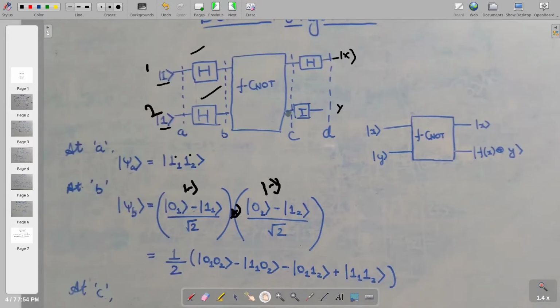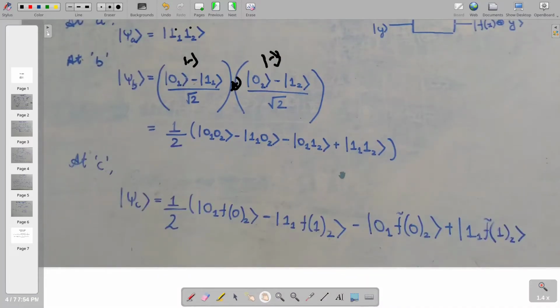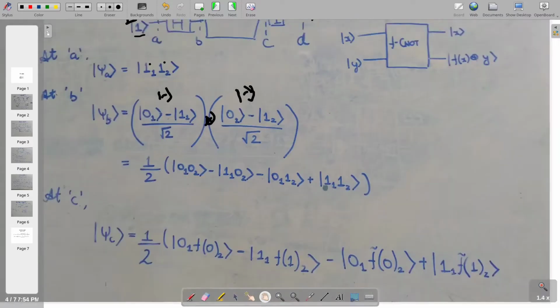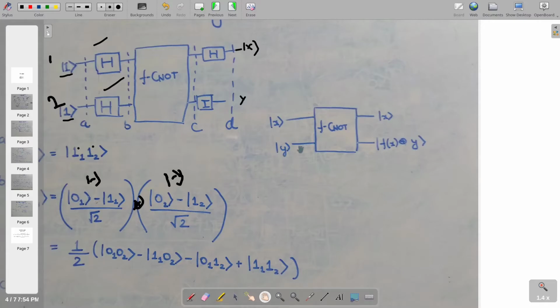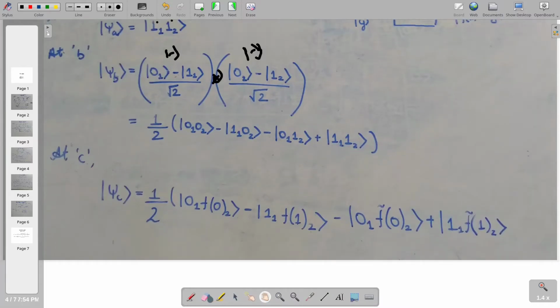Now we define the state at C, which is after the 2 qubit system, after being in superposition, has passed through the oracle. The oracle is nothing but a box which contains a circuit within it, the circuit which we drew in the previous slide. So you can see it's quite simple, we use this diagram, which we had in the previous slide. What happens basically is our x remains the same, while the y becomes f x XOR y.